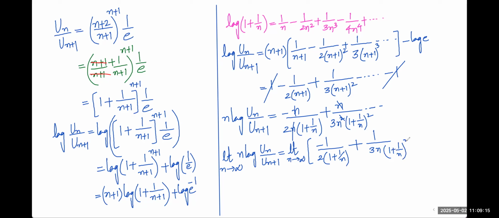So wherever 1 by n form is there becomes 0. This is 0, 1 by n, this is 0. So finally we get our answer is minus 1 by 2, which is less than 1. So by logarithmic test, series divergent because less than 1. Final statement. Hence,